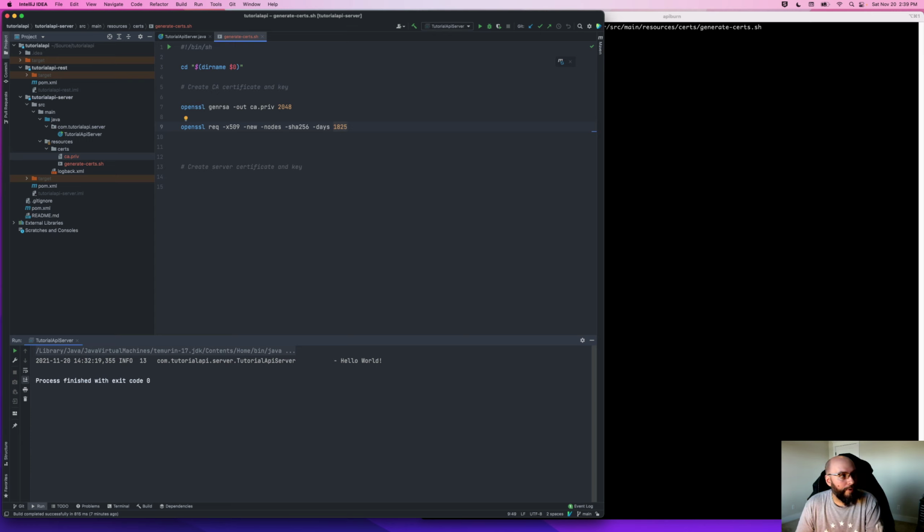We'll do 1825. We'll go ahead and say what our key is, and that's the file we just generated, the ca.priv up here. And then we need to specify the output file, which is going to be our CA certificate. And we need to give our